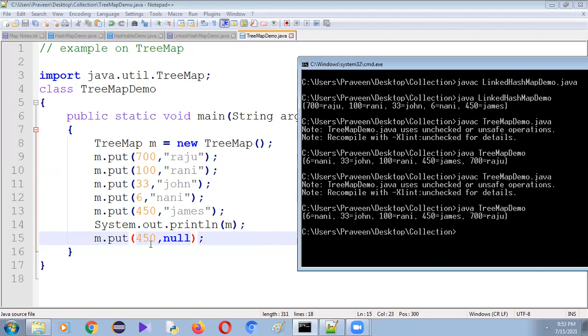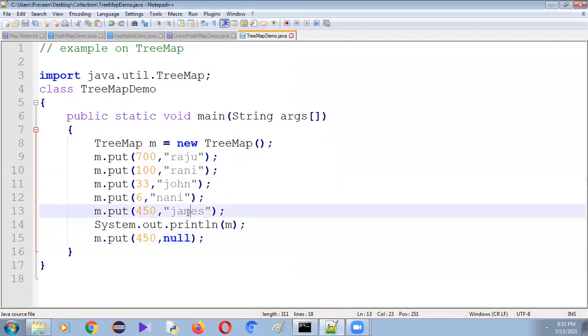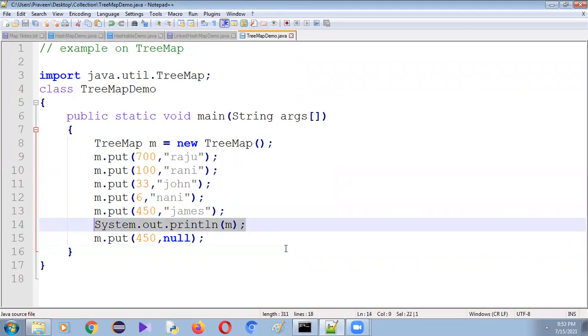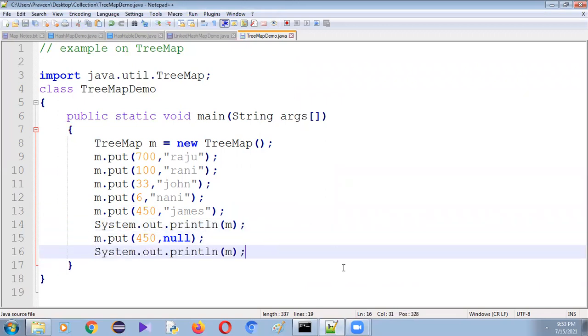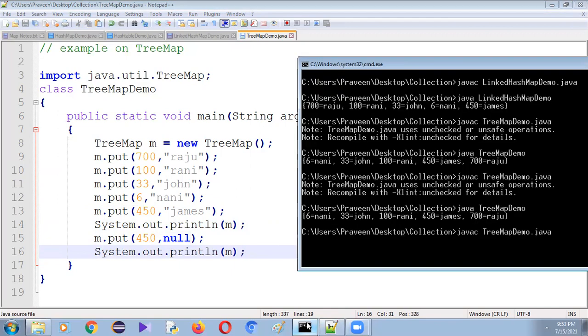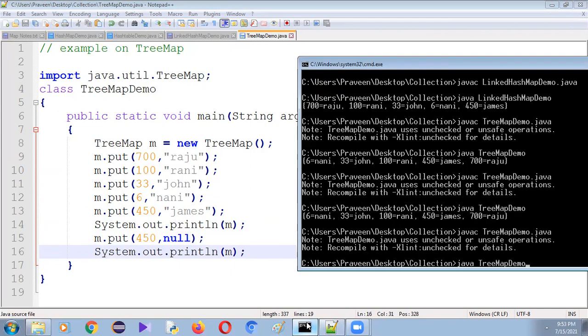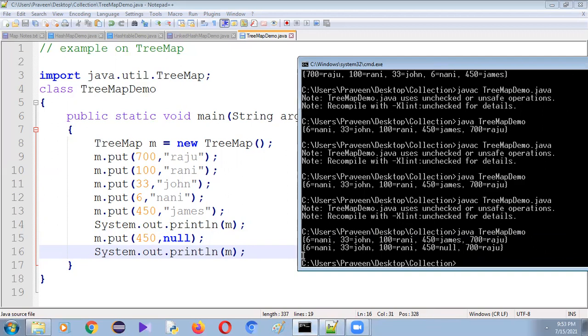Afterwards, for this 450 key, the value James is replaced with the null value. You can check it here. To understand this, we have to add one more statement. See here, previously the 450 value is James. Later, it was overridden with the null value.